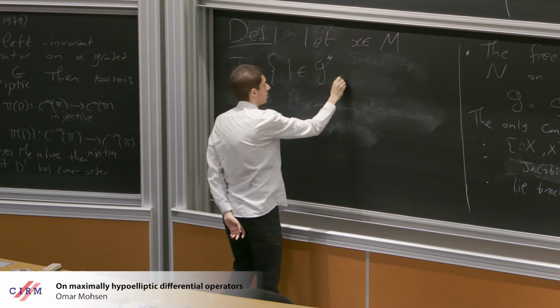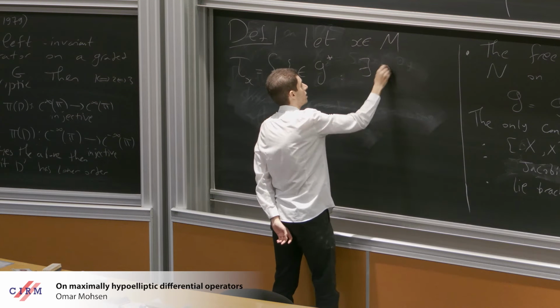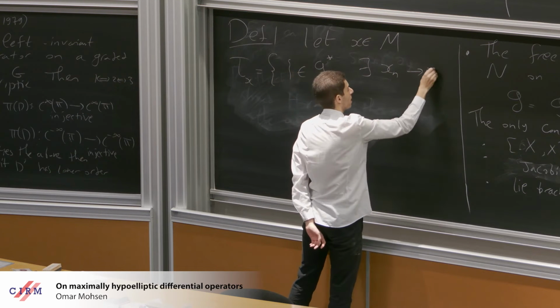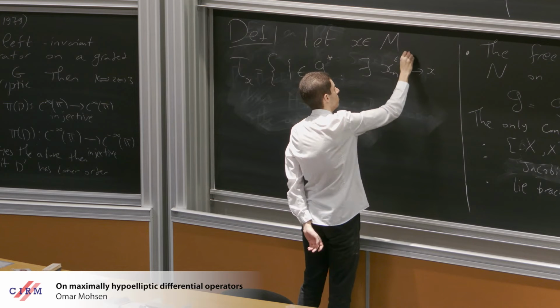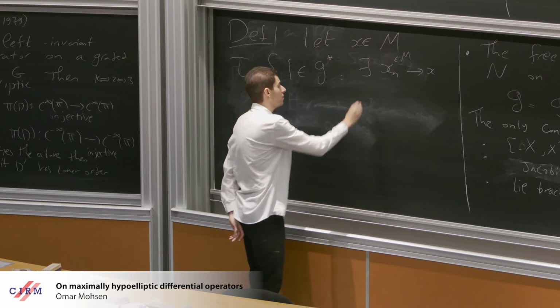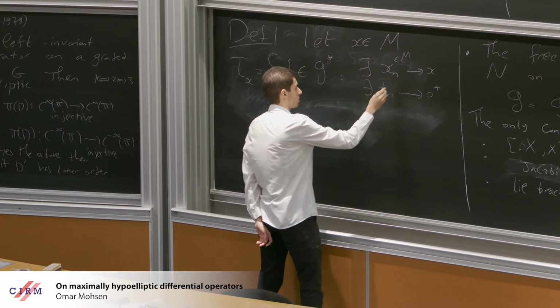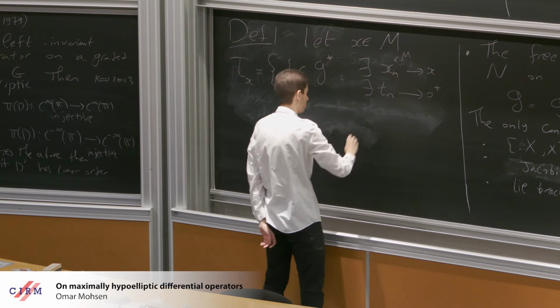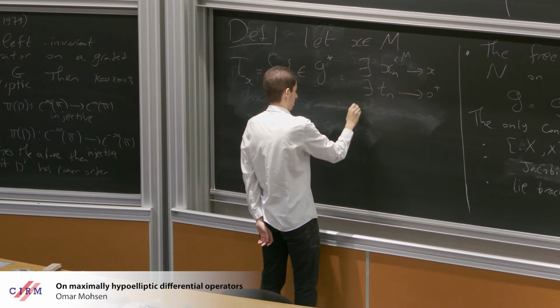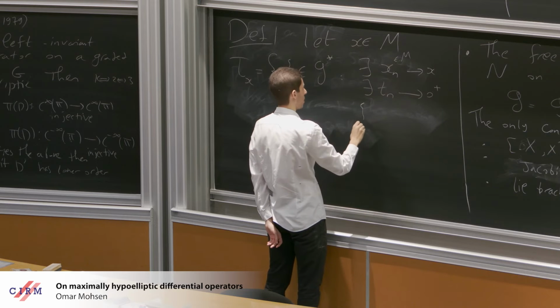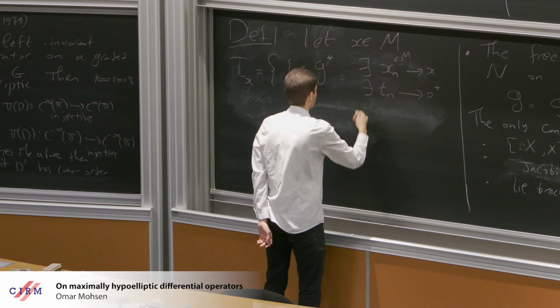And so you can find xn, a sequence in M which goes to x, and you can find a tn, a sequence of positive reals which goes to 0, such that